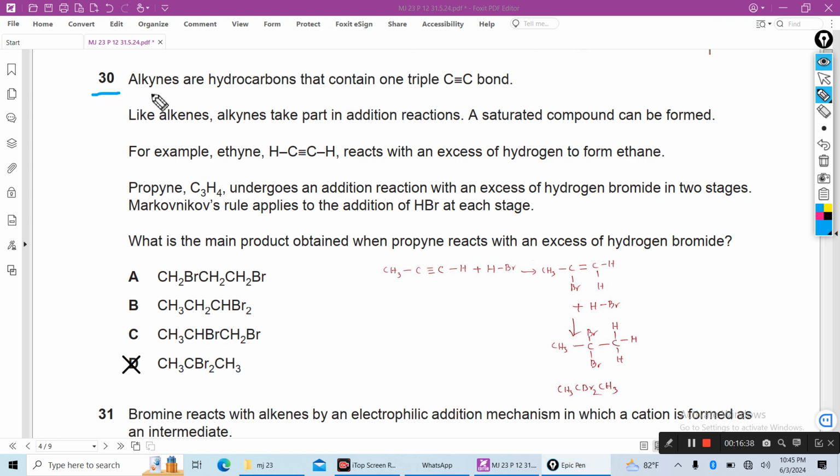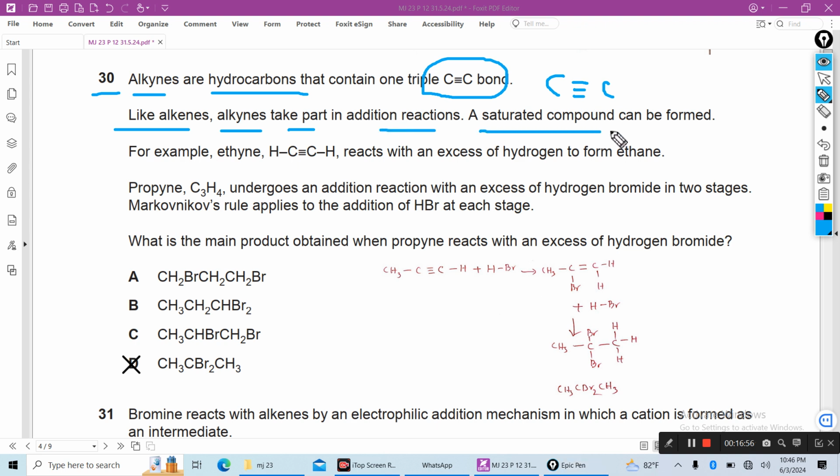Now then 30, alkynes. Alkynes mean a carbon-carbon triple bond. Alkynes are hydrocarbons that contain one carbon-carbon triple bond. Like alkenes, alkynes take part in addition reactions. A saturated compound can be formed, an alkane will be formed. For example, ethyne reacts with an excess of hydrogen to form ethane. Propyne